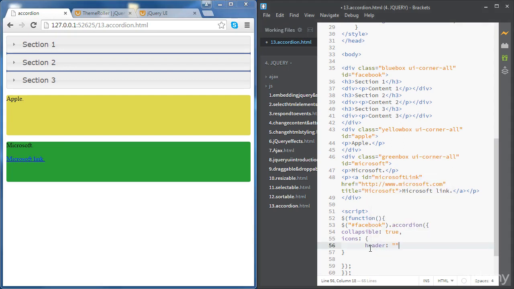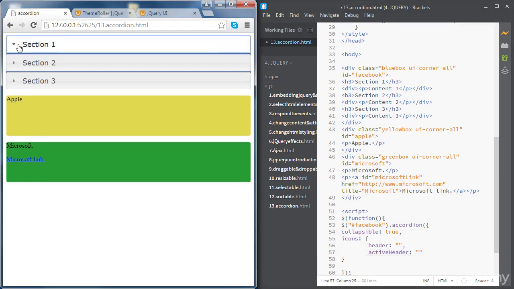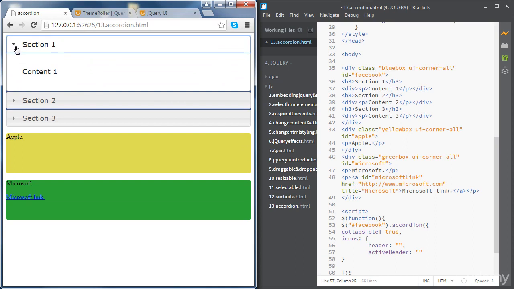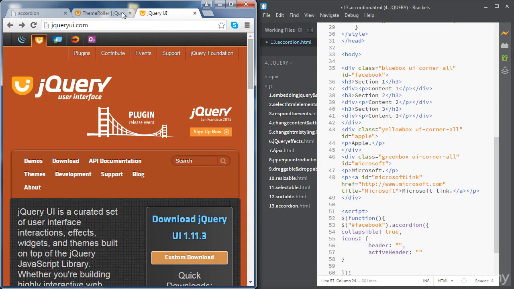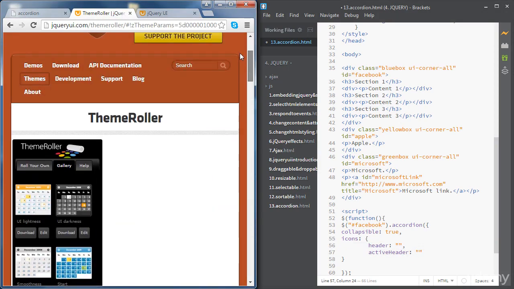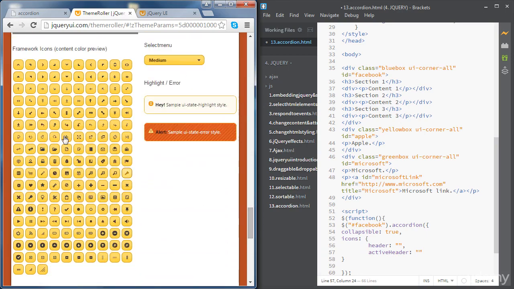The next one is going to be active header, which will tell what icon we use when the section is expanded. To use icons, we can go to the theme roller, and if you scroll down, you can see a list of icons there, and you can just choose any icon you want. So if we choose, for example, the header as this one,